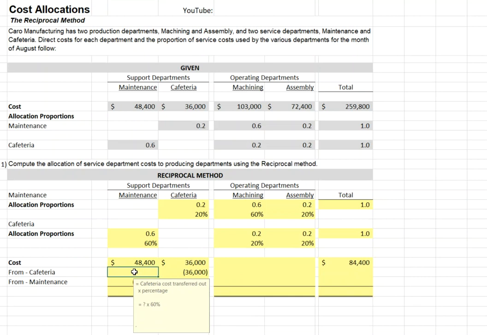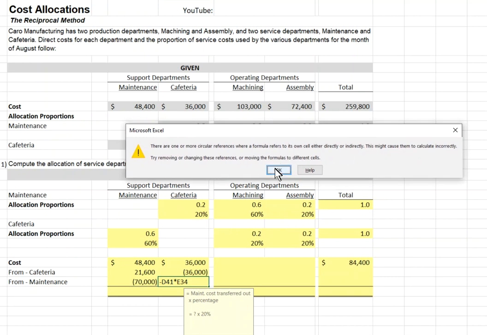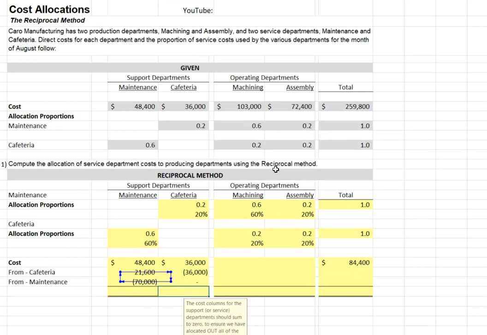Now we can put in our allocation proportions. We will get the cost coming out of cafeteria multiplied by the 60% allocation coming from the cafeteria into maintenance. The cost coming from maintenance into cafeteria will be the currently unknown cost in maintenance multiplied by the 20% allocation to the cafeteria. When we enter this formula, and if we don't have iterations turned on, we get this message that we have a circular reference. And again, that's because maintenance depends on cafeteria and cafeteria depends on maintenance. And we can see that circular